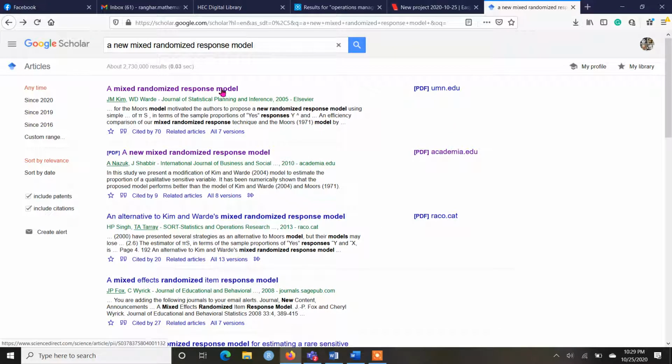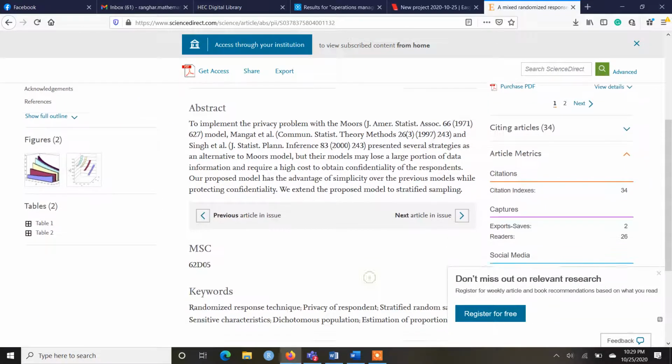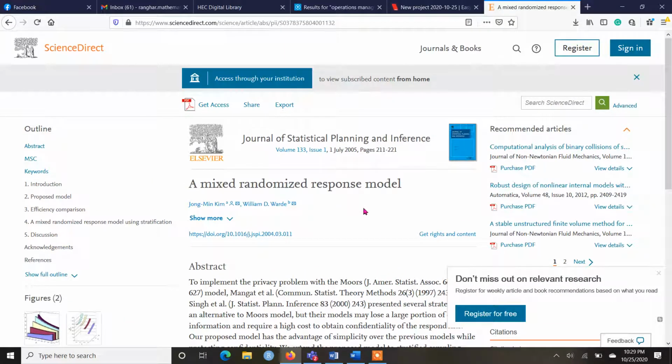If I click on the full paper title here, I can see the complete paper. If it's not a freely downloadable paper, then it will show. If you are especially using your home internet, then maybe you have to save the paper, and you can request someone who has access to some scholarly research repository, or maybe you can look at this paper on ResearchGate as well.